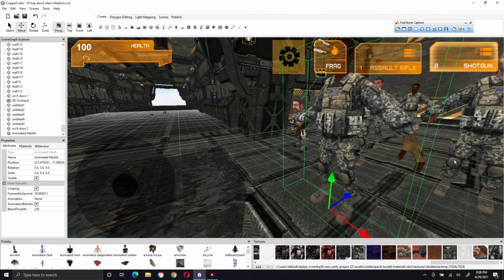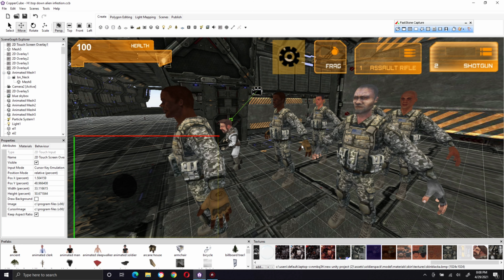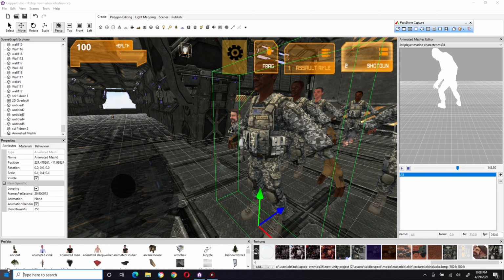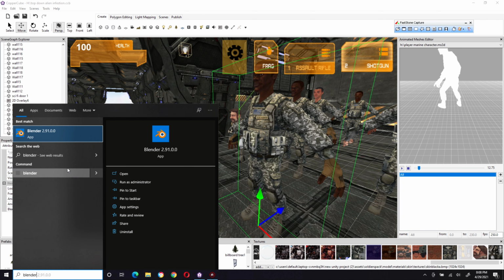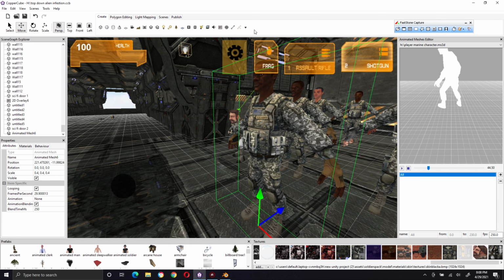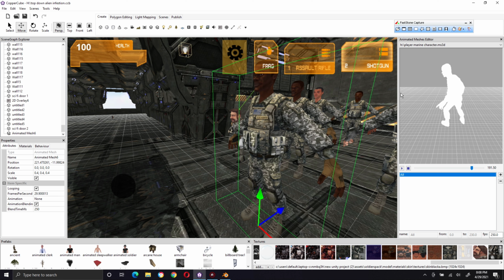And he has animations. Don't know why his thing is blinking. These are static dudes. I was just importing him for a test. So, that's our dude. And now we're going to edit our animations. Now what I would actually do is possibly, if I could, go into Blender, if I have it. Let's see if this is going to work. I would actually import and